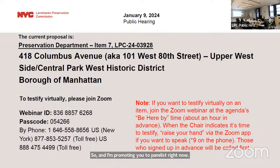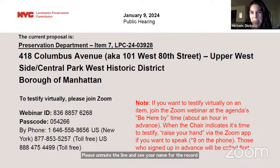Thank you. Hi, Commissioners. My name is Lucy Levine. I'm speaking on behalf of the Historic Districts Council. HDC finds this proposal to be almost appropriate. Unfortunately, this is a particularly bad rendering that does the applicant no favors because it's hard to understand what they're actually proposing. That said, we believe that this might be a relatively modest and interesting proposal,